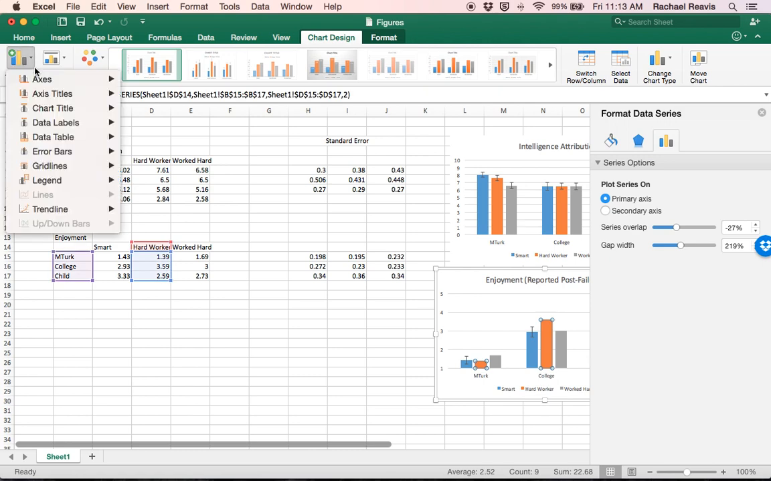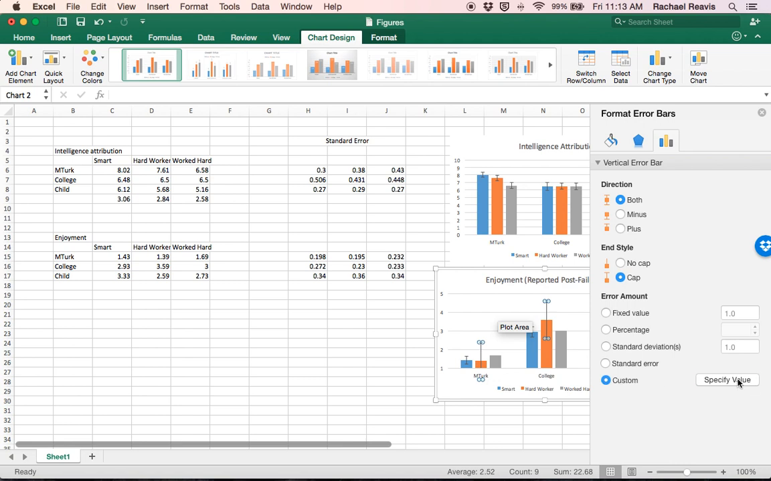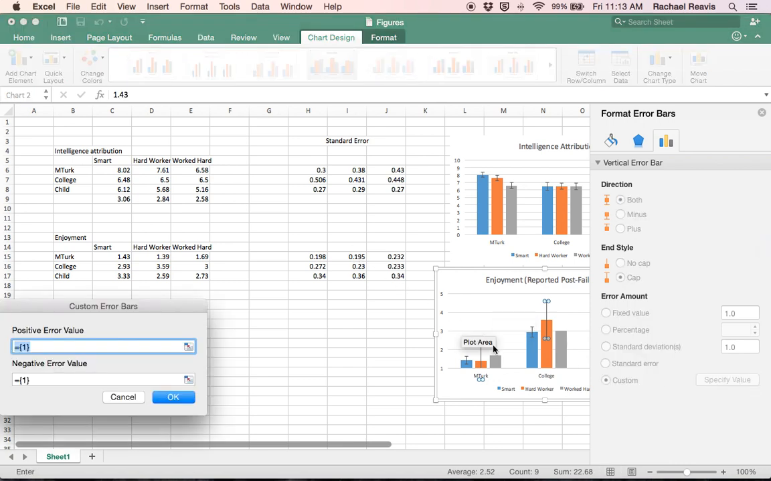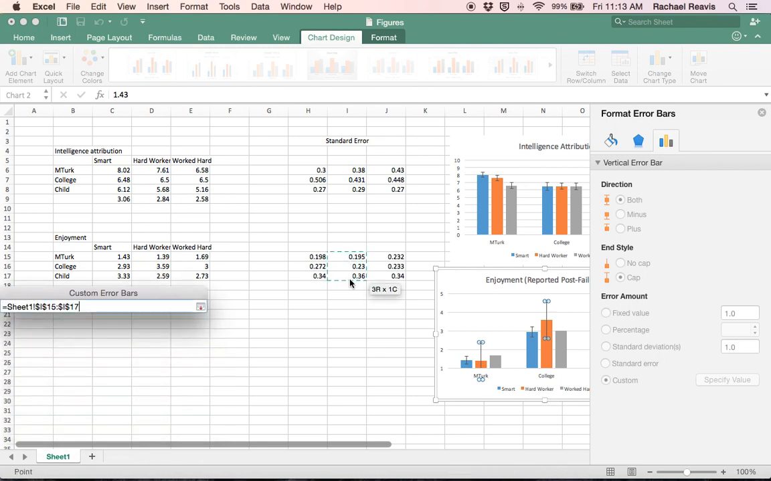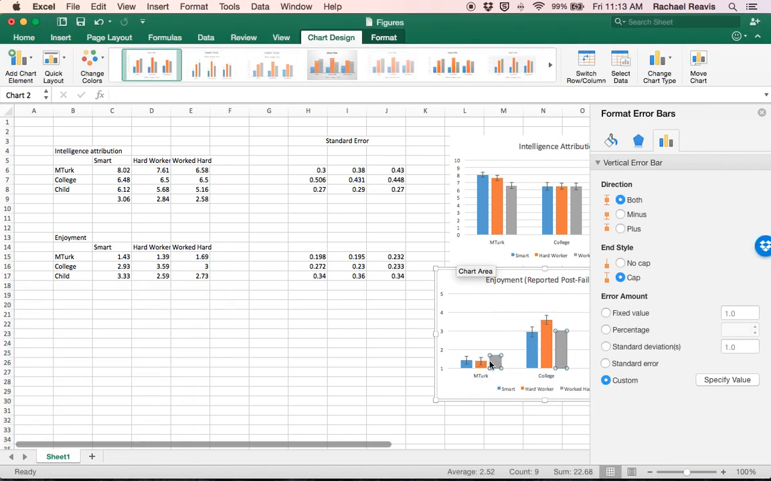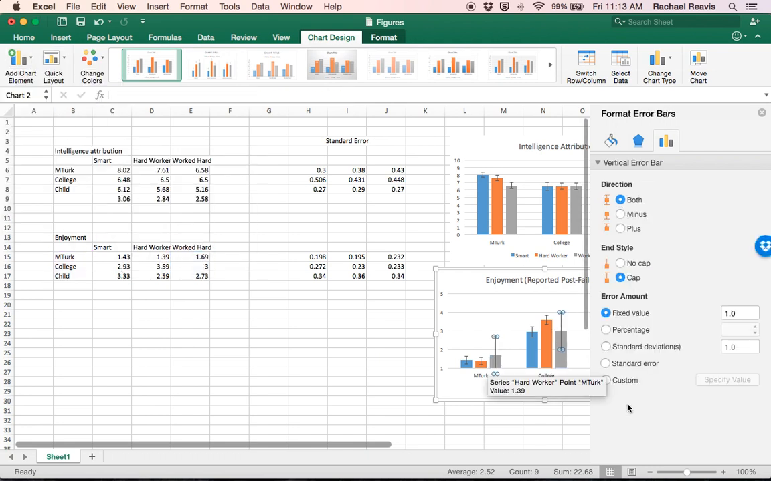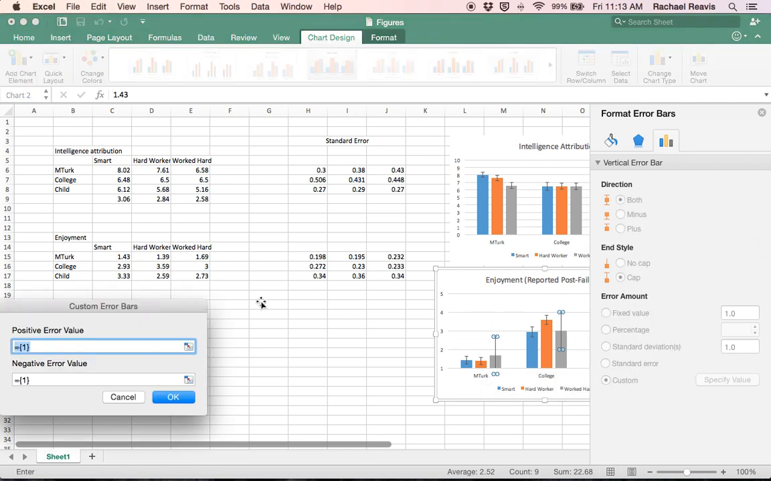And then you go through that again. So error bars, more error options, custom, specify value. Now, so I'm wanting it on the hard worker. That's the second row here. So I just grab that, copy and paste, delete this part. So it's important to delete that, the bracket 1, which is what's the default. I hit OK, and then I click on my final series, error bars, more error options, custom, specify value, and